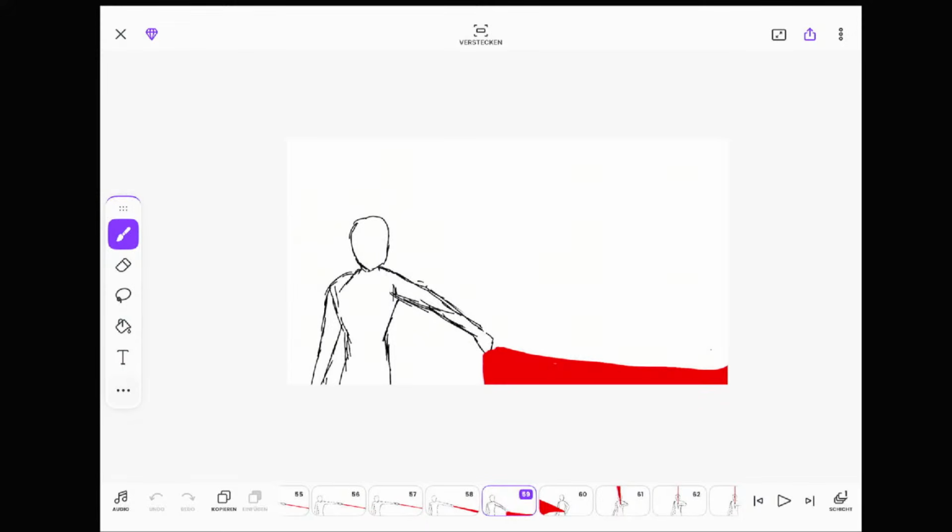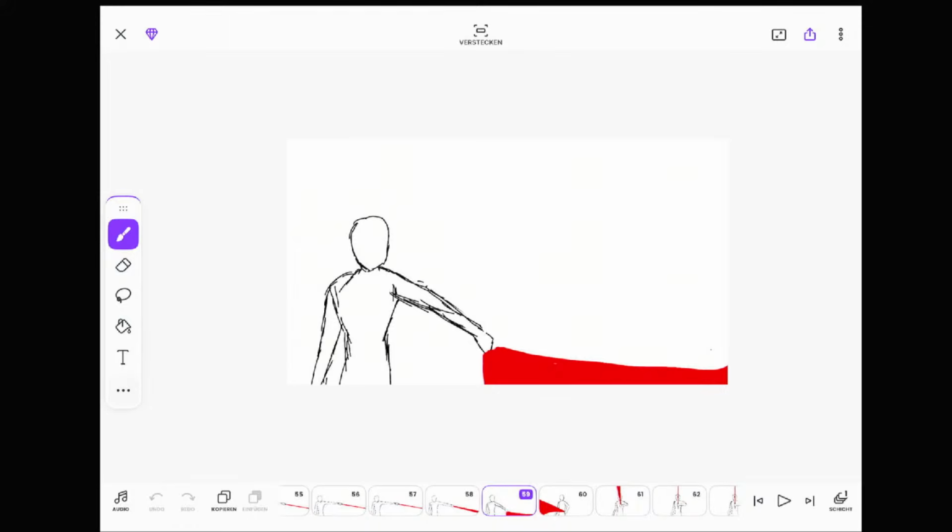Yeah, it's looking good. Actually looking good so far. I can start the animation.